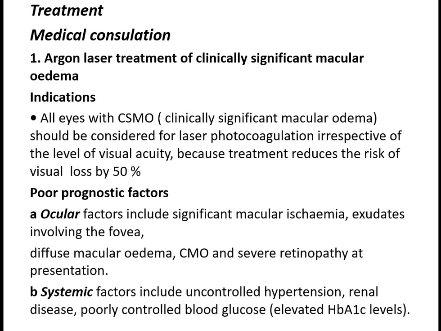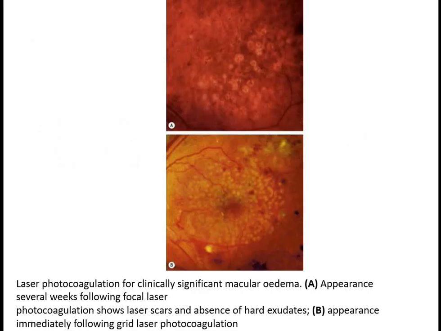Whenever a patient comes with elevated hemoglobin A1C, this means poor glycemic control. You notice the argon laser here. B is immediately after giving the argon laser to the patient, and you notice hemorrhage present and the exudate also in B. In A, there is a scar which occurs a few weeks after laser. There is no hemorrhage and no exudate.